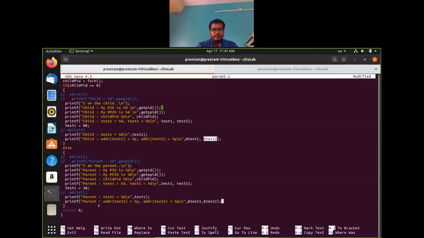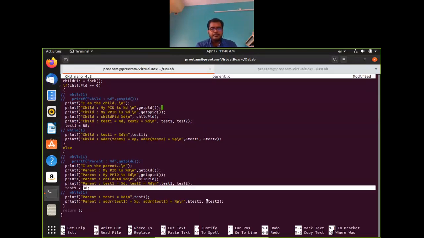In child and in parent also it is printing the memory address of test1 and memory address of test2. Okay, so as we see that these two memory addresses are different, right? Because whenever I am assigning some value like test1, I am assigning value 88, and the test1 value is assigned 38 in parent.